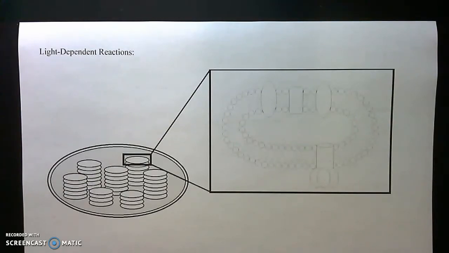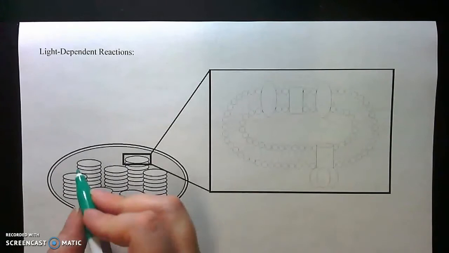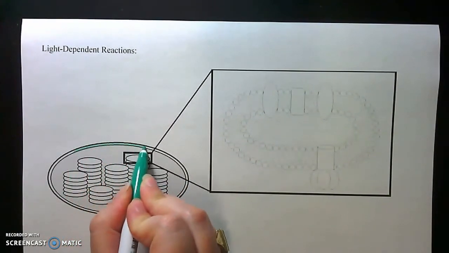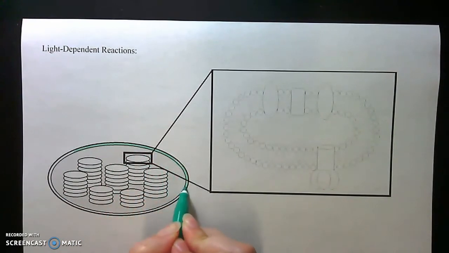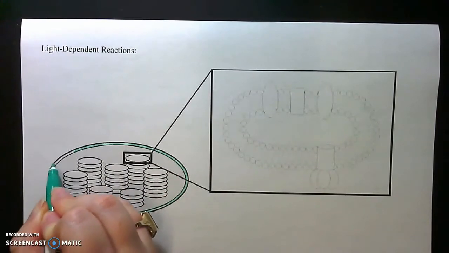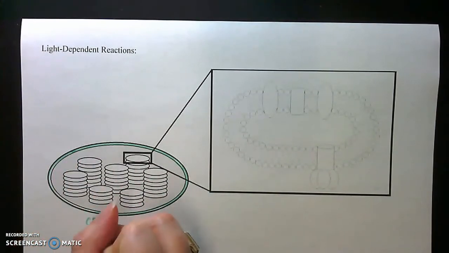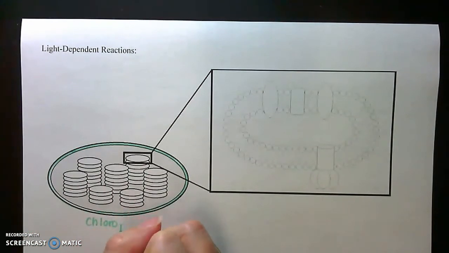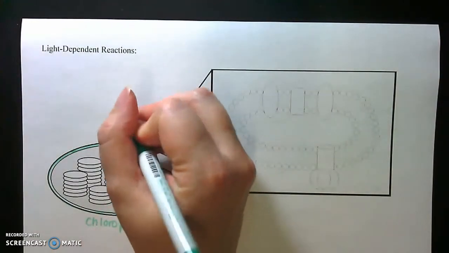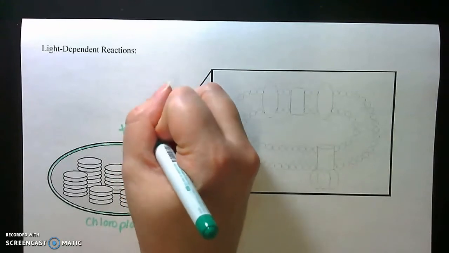Here is a short recap of what we discussed about the light-dependent reactions. So we are talking about the structure of a chloroplast, first of all. And so this is our chloroplast over here on the left side of the diagram. And remember, the chloroplast is a double membrane-bound organelle, and it has inside of it these stacks of membranes. One of these flattened discs is called a thylakoid,